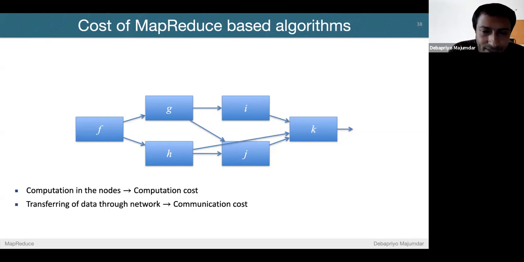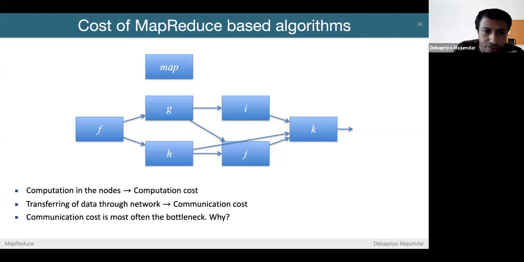But there is another big one that is happening here. That is the transferring of data through the network. That is the shuffle part, the communication cost. All the key value pairs from all the nodes will have to be shuffled across maybe the same nodes, but they will not stay in the same node, right? They will go into different nodes. There will be an exchange of data through the network, and that is why the network better be high speed, but that is the communication cost.